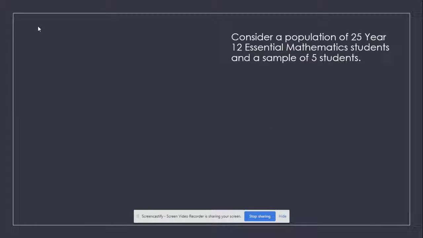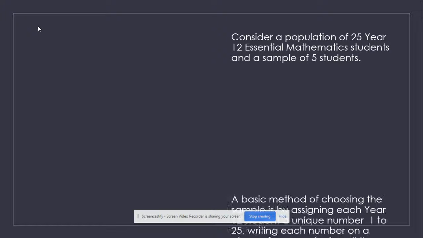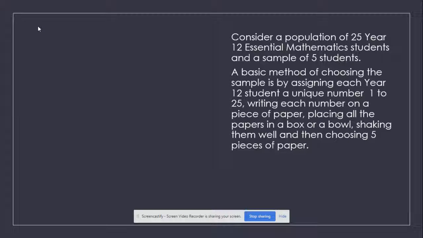Right. So consider a population of 25 Year 12 Essential Mathematics students, 25 kids, but we only actually want a sample of 5 kids. A basic method of choosing the sample is by assigning each Year 12 student a unique number, 1 to 25. So we take all the kids, we go 1, 2, 3, 4, 5, equal 1 to 25,